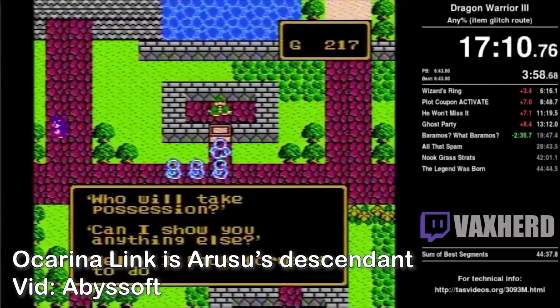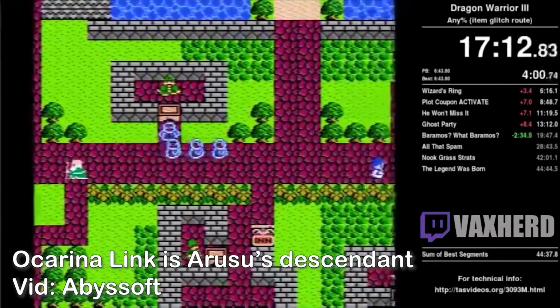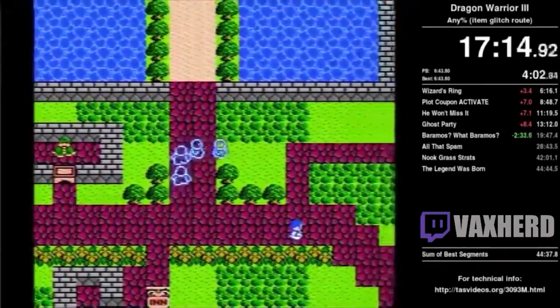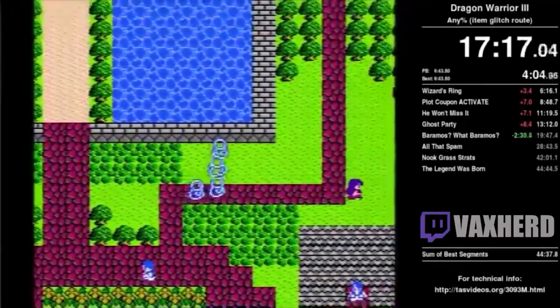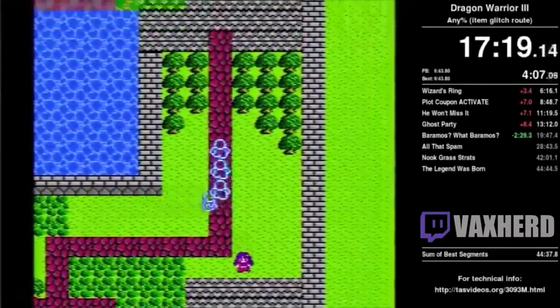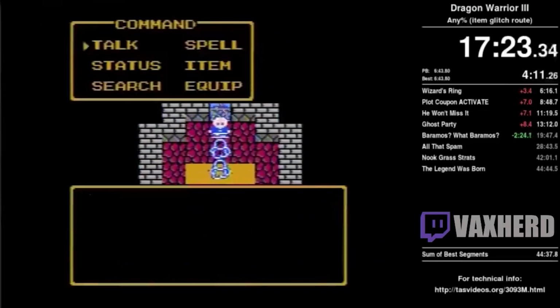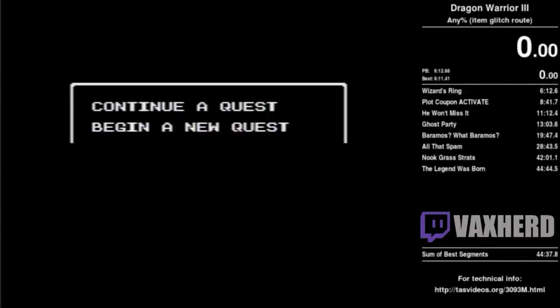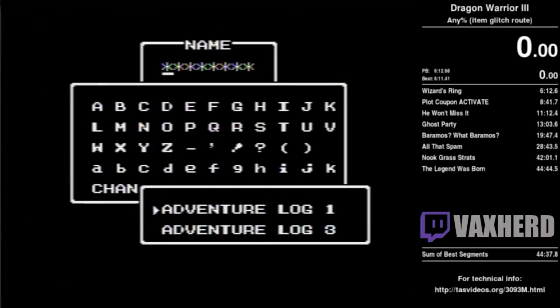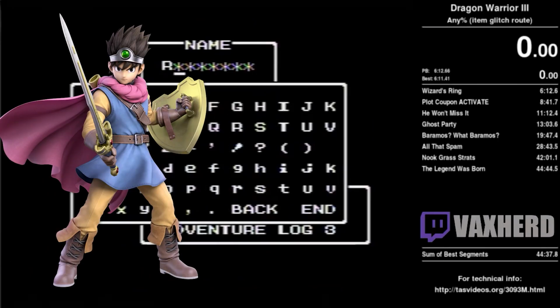Ocarina Link is Arus's descendant. At the end of Dragon Quest III, the legendary hero Arus, or Erdrick, travels to parts unknown. Somehow he ended up settling in Hyrule where he would have kids. Eventually, one of those descendants would be the Hero of Time, Link, who is destined to defeat Ganondorf. Not really, but I just wanted to point out that Arus in Smash Ultimate and Ocarina of Time Link share